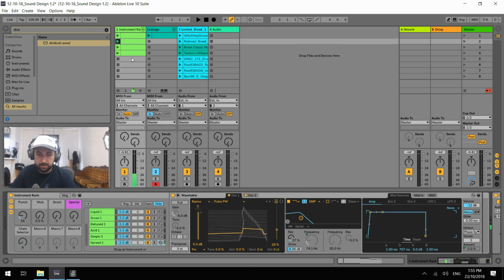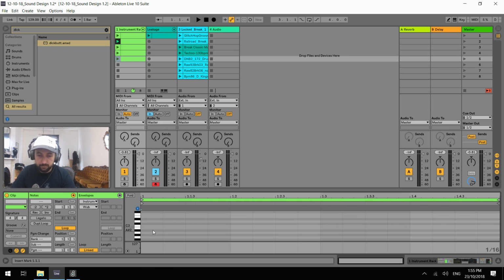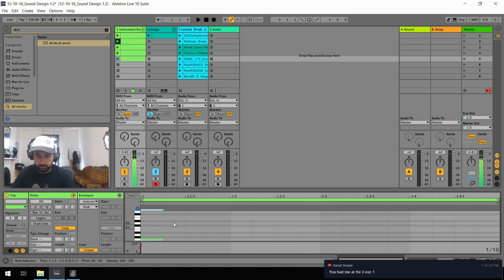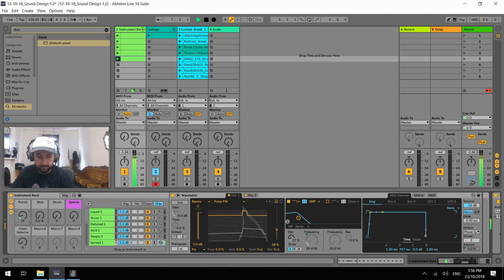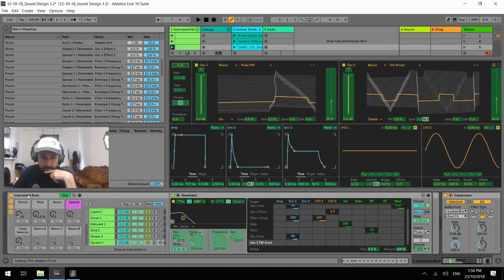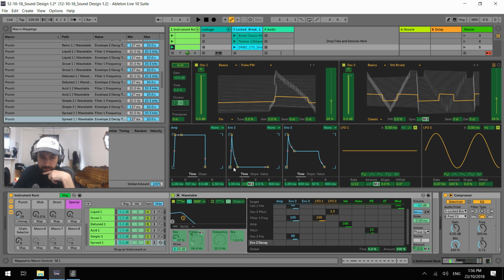Let's put in a bunch of 16th notes just so I can hear this one how it's supposed to be, which is lots of punchy sounds. So it's not as nice as I'd like it. I think what I'll do is I'll go into my mapping, and for the envelope decay,